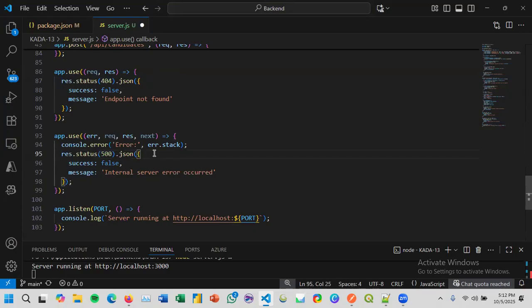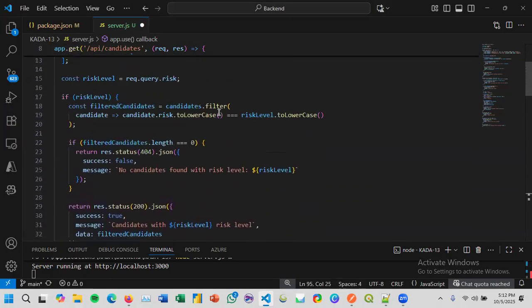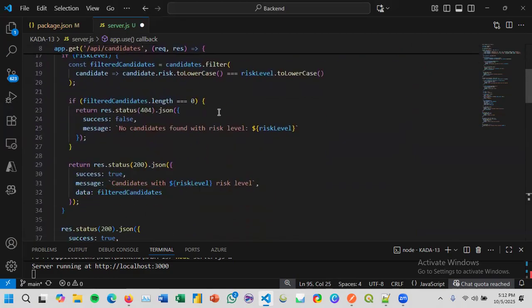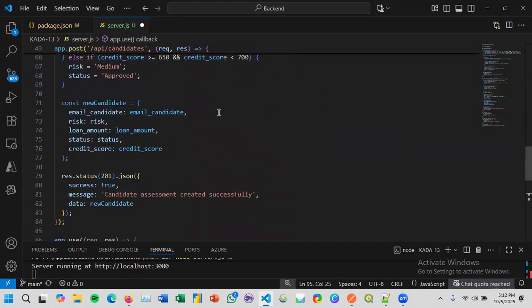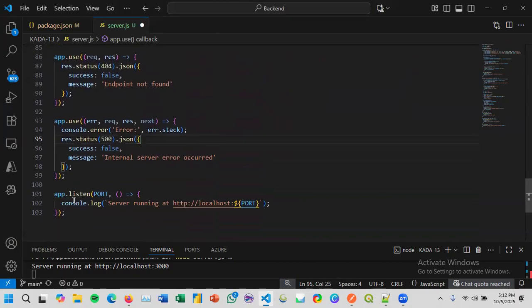wrong in our server.js. And something very important that you need to know is that error handling must be below all of the routes. As you can see, both error handling are below get route and post route. Now the code is technically complete from import at top to the app listen at the bottom.